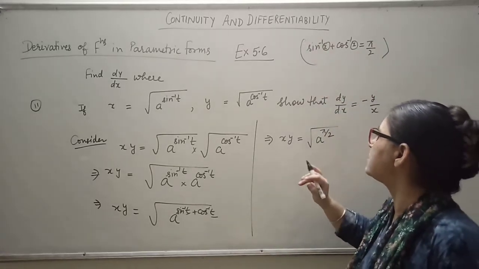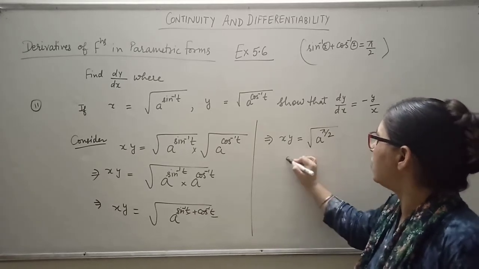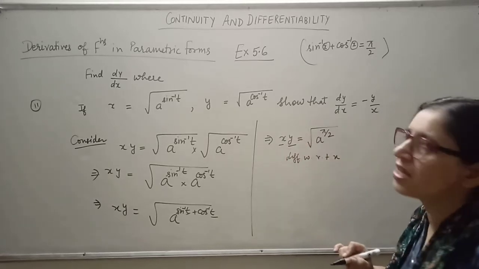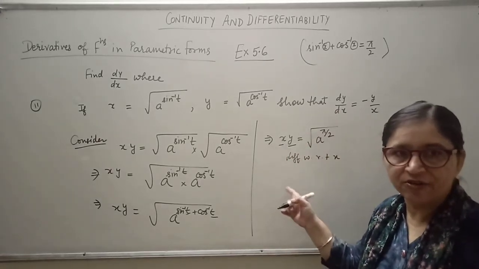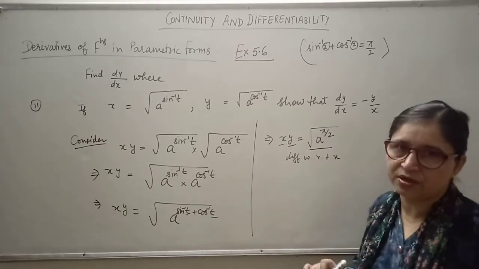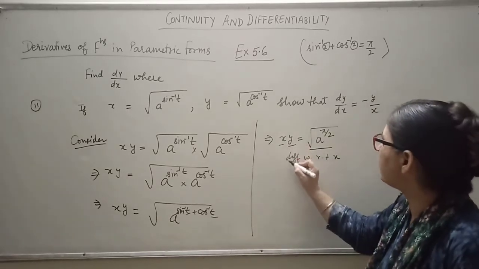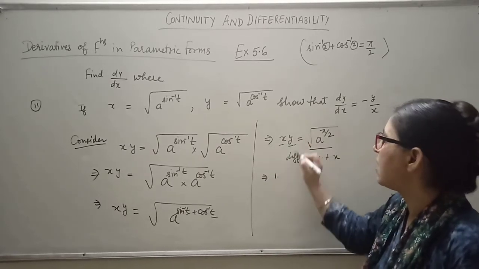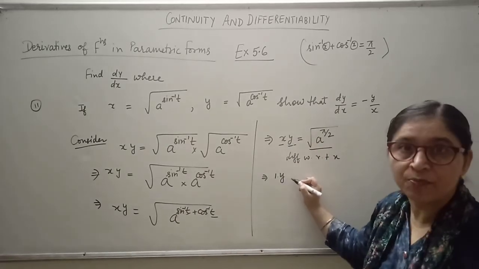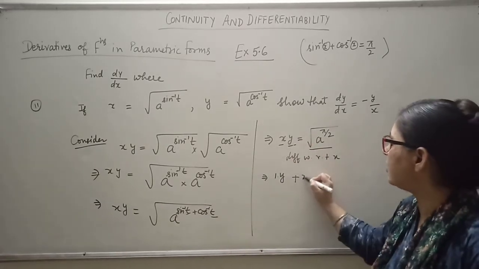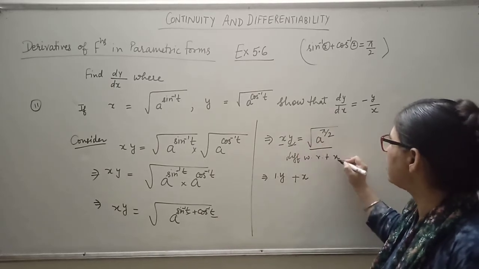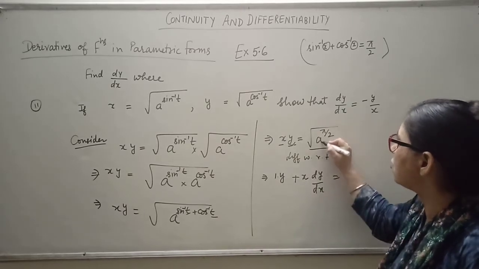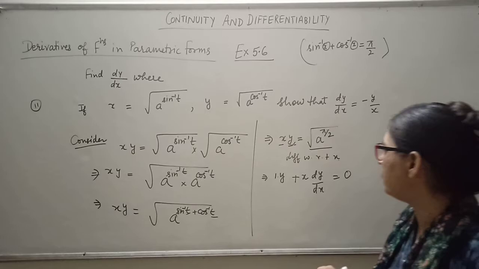Now after this I will differentiate it with respect to x. You can see two functions are in multiplication, so the product rule will be applied on the left side, and on the right it is a constant. The differentiation of x with respect to x is 1, and y will be written as it is by the product rule. Plus, now x will be written as it is and y will be differentiated with respect to x, so we get dy by dx. And as you know, a is constant, pi by 2 is also constant, so its derivative will be 0.